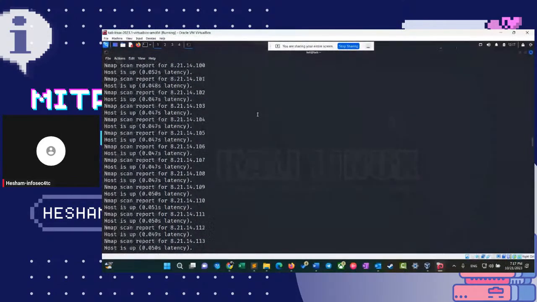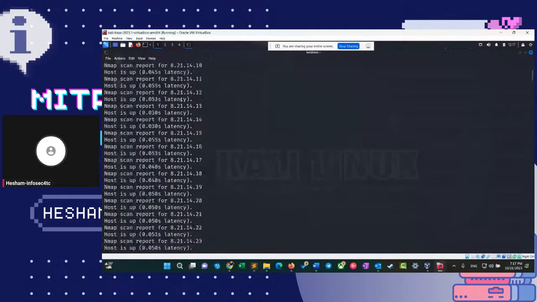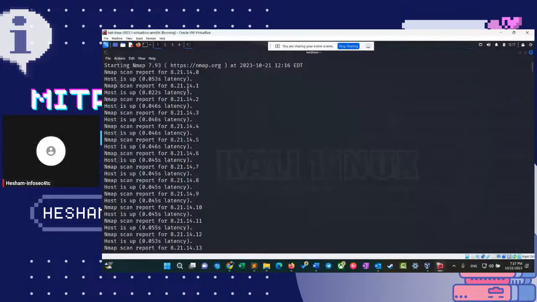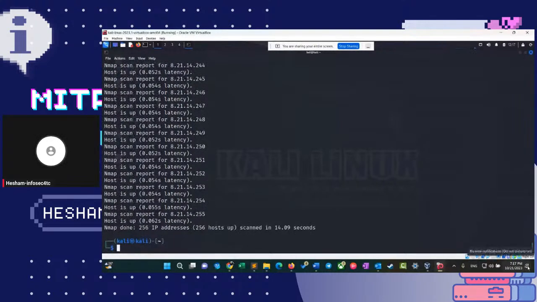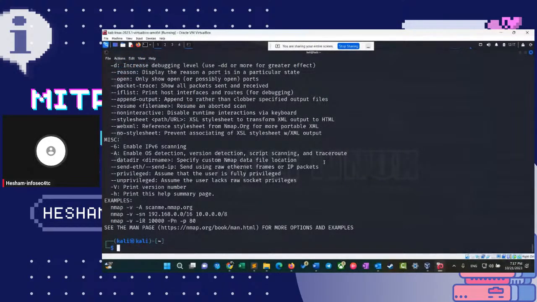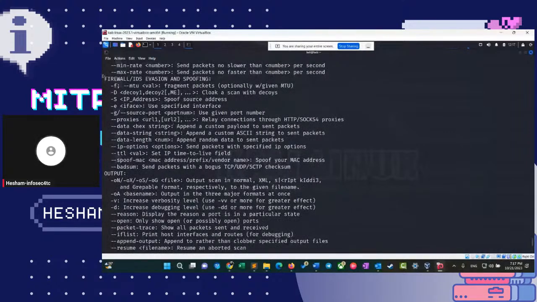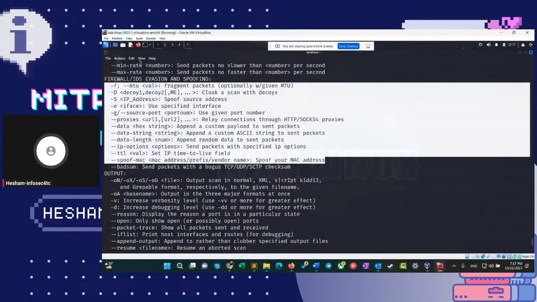We have: all hosts are up. So it's kind of a filtering technique used by their firewall and so on. We need to tweak our scanning in order to evade the security control here. We can also use nmap, as I mentioned, with -h, and with a scanning option for firewall evasion. We have tons of options that we can utilize in order to evade a firewall, using